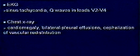I'm going to do a chest X-ray. Is it absolutely essential to do a chest X-ray here? She's not going to have anything else on the X-ray. Can she have a superimposed pneumonia? Sure. But I'm going to get an X-ray to confirm what I already know, that she's going to have cardiomegaly,